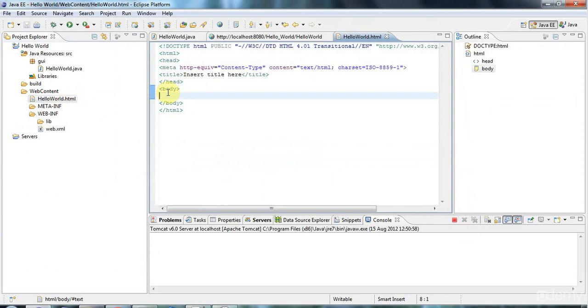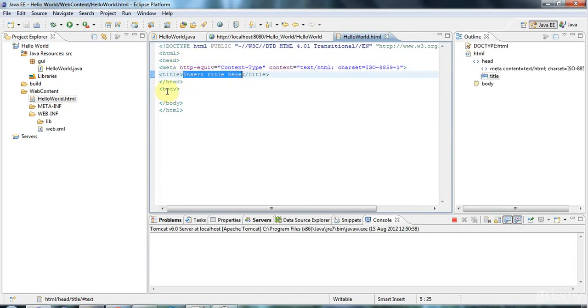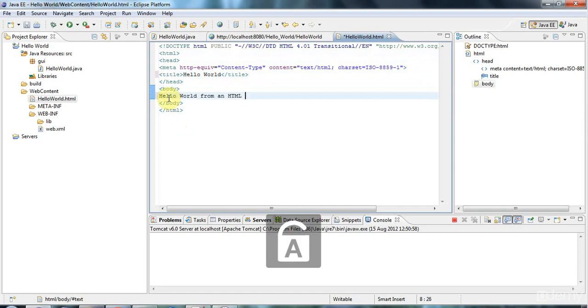If you're not too familiar with HTML, this course is going to be a bit like being dropped into the deep end, but it's made up of tags. These are closing tags with a slash, and this is an opening tag. You've got HTML tags, and there's a head area here containing a title. So let's give this a title, hello world, and here's the body tag where your content normally goes. I'm just going to type in here hello world from an HTML page,